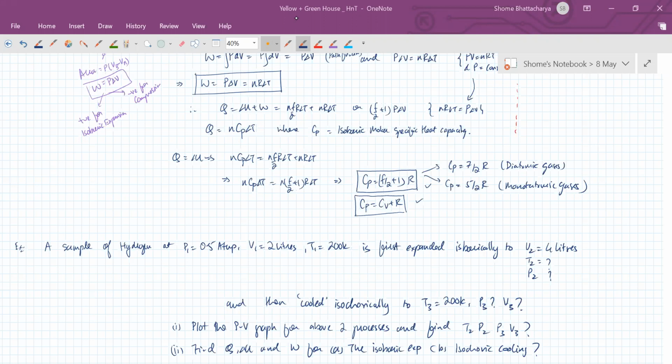Yes, Vashish, that is correct. You will have to convert the quantities to SI units. Okay. So you should also know that